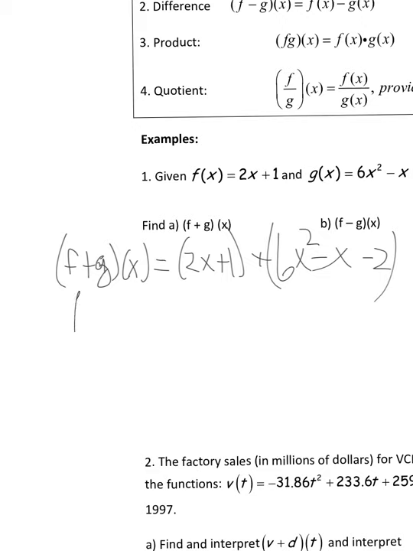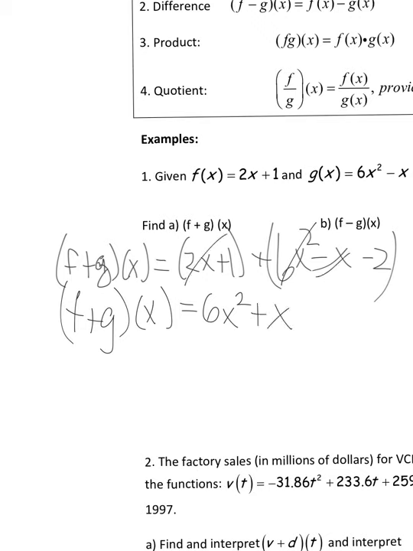So f plus g of x, this new function, would be calculated by, in standard form, 6x squared, cross it off. 2x minus x would give us 1x, and then 1 minus 2 would give us negative 1. Next one, f minus g,